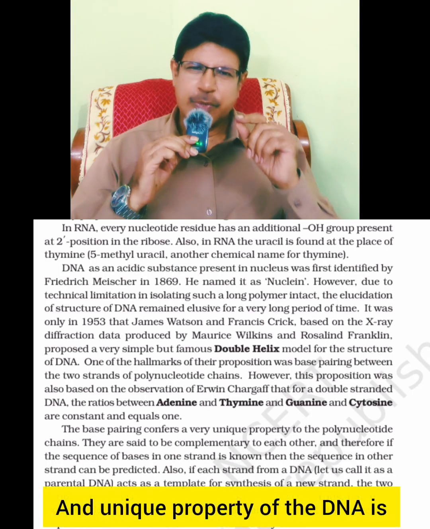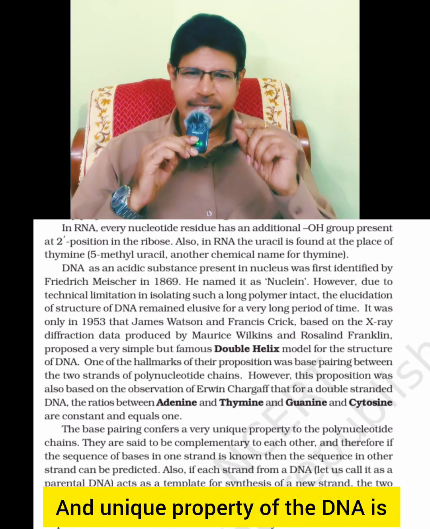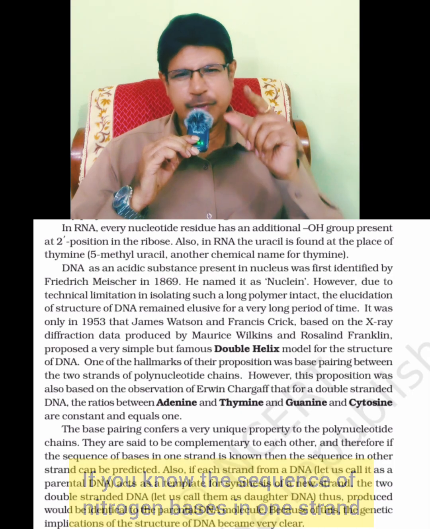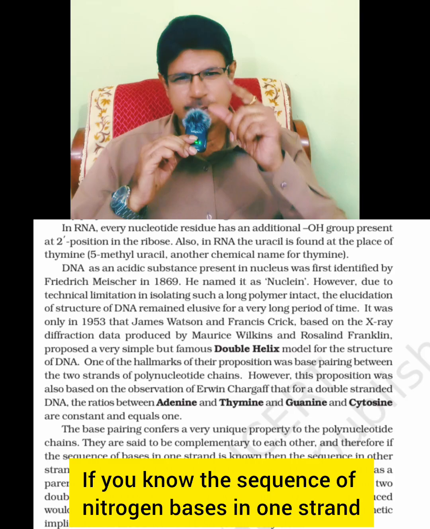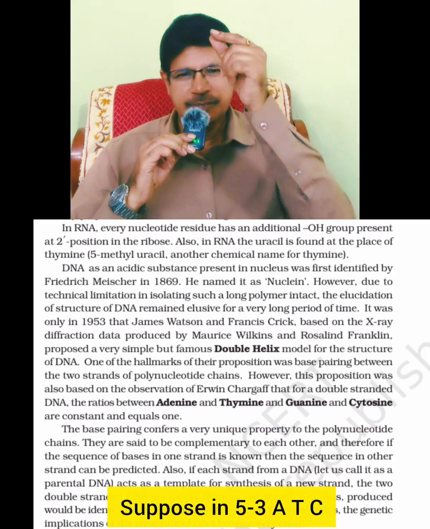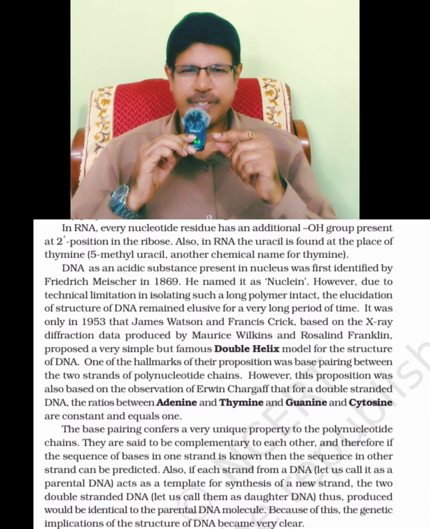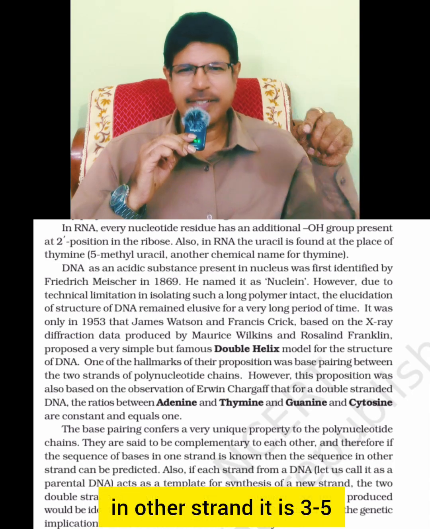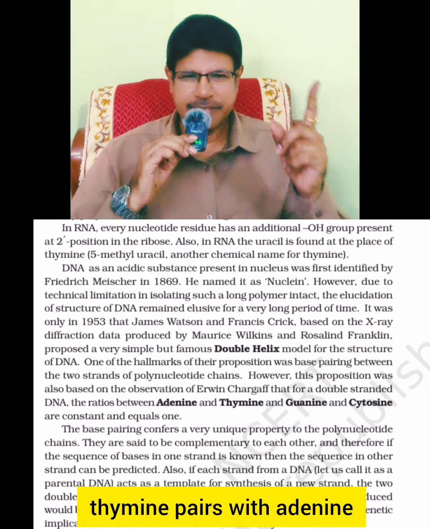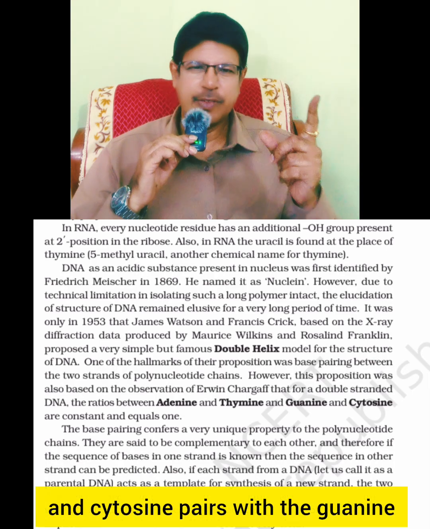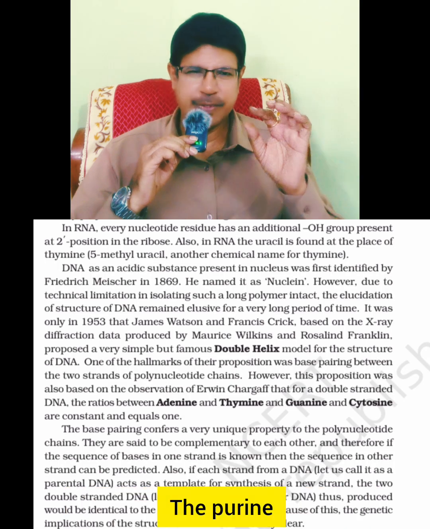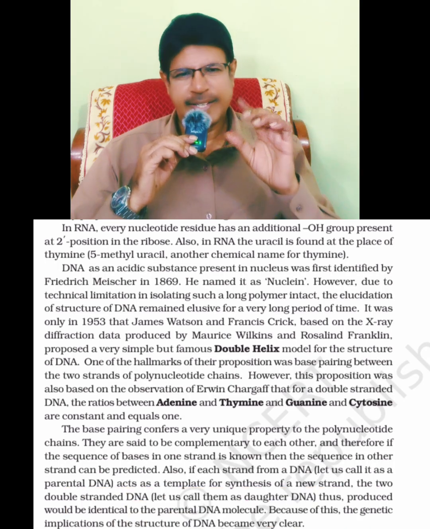A unique property of DNA is complementary base pairing. If you know the sequence of nitrogen bases in one strand, you can predict the sequence in the other strand. Suppose in 5' to 3' it is ATC, in the other strand, 3' to 5', adenine pairs with thymine, thymine pairs with adenine, and cytosine pairs with guanine. Purine pairs with pyrimidine, and pyrimidine pairs with purine. That is one point. Next,